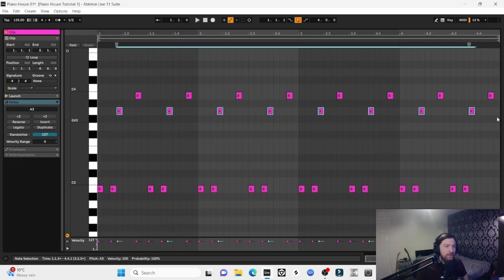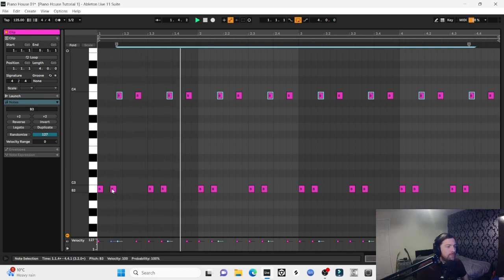But actually, maybe do that. Okay, so I've moved that note from F sharp just up to B. I don't know if that F sharp was like clashing with other notes, so it sounded a little bit off in places, so...